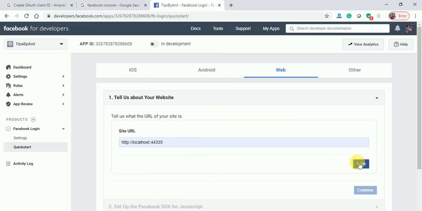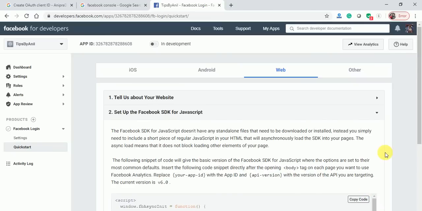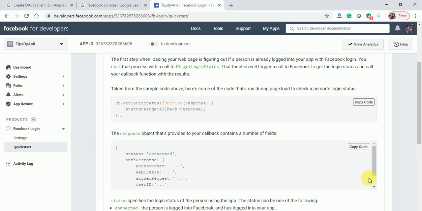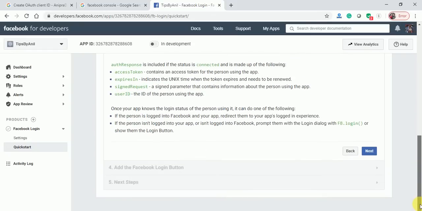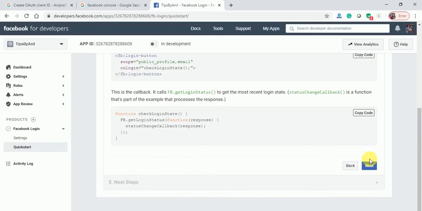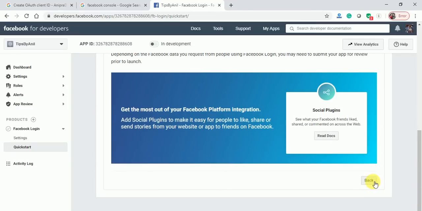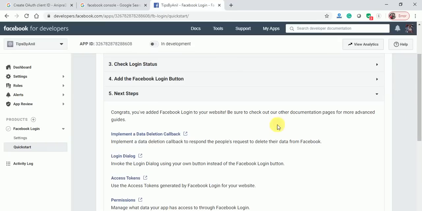Click on the save button, click on continue, then click on next, next, next. It will also give you a quick overview of how you can log in with Facebook. Now go to settings.